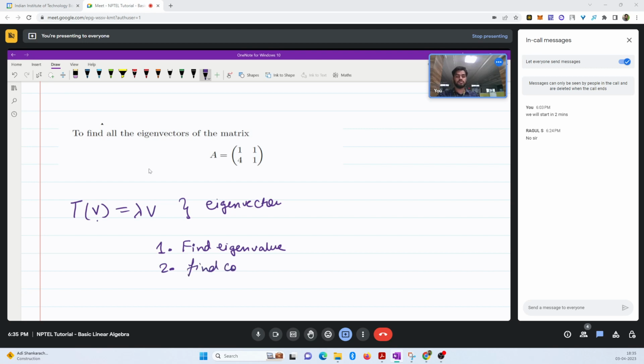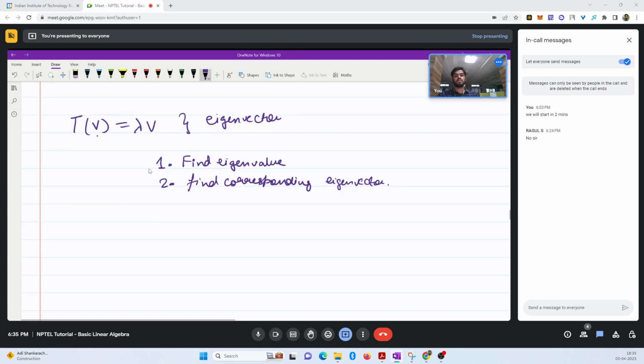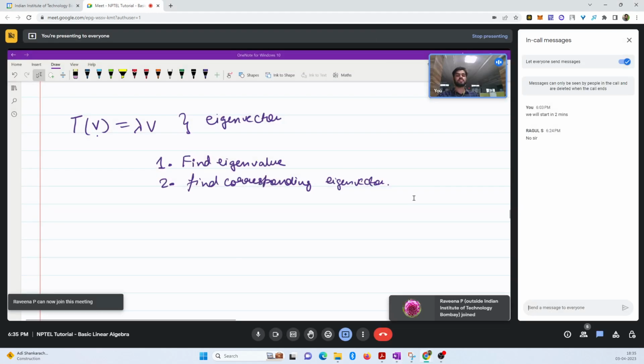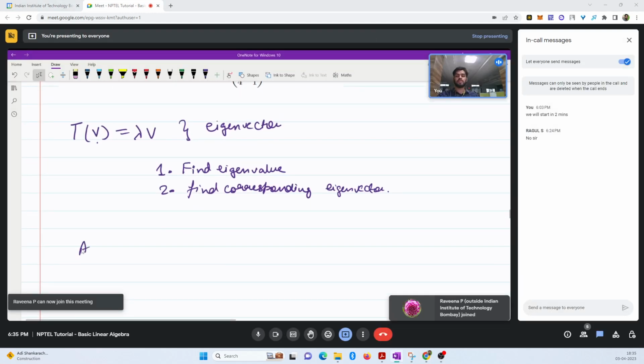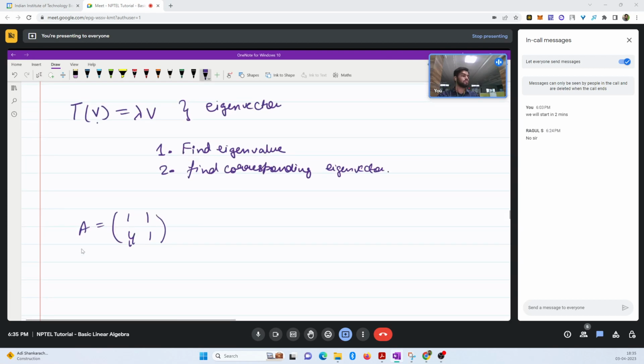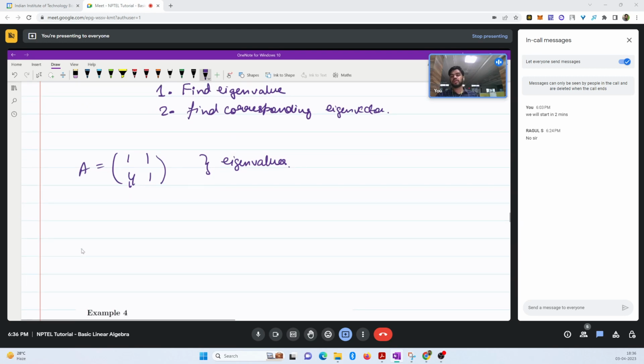I'll show you how. This is a very simple matrix given to us, where A is 1 1 4 1. So you first need to find its eigenvalues. In order to find the eigenvalues, what you need to do is, again, the determinant of A minus lambda I